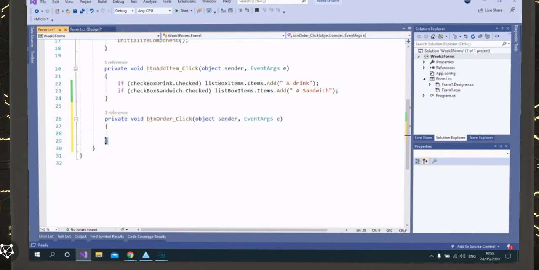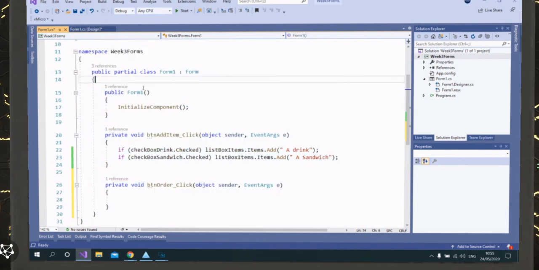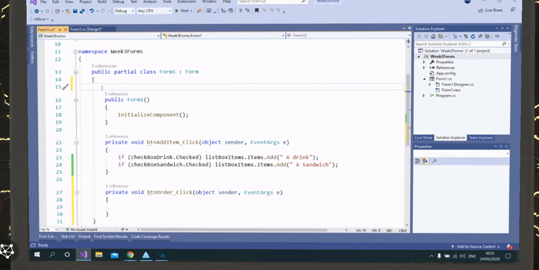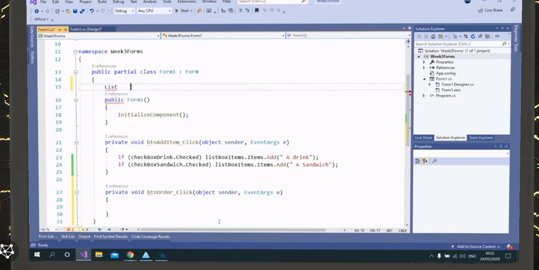So I have to make the scope of the list a little bit bigger. What is the bigger scope of this? It is this one. So this one goes from here up to here. So I will declare my list right here at the top. I will say list, capital L. I will just press the tab button. Oops, it didn't work. And then I will add an integer, give it a name. I would say order numbers